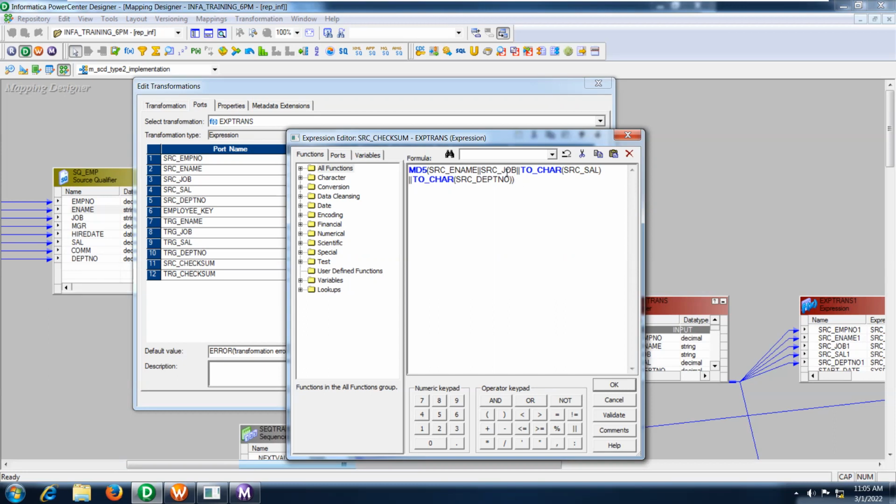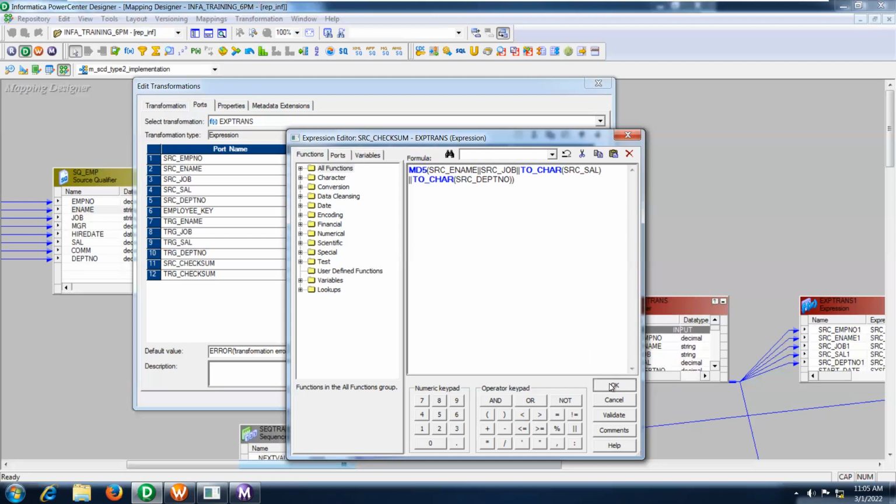Maybe the job is different, or the salary, or the department. You can combine multiple columns here by adding the concatenate sign, and compare with SRC checksum. SRC checksum is nothing but the sum of the values coming from the source. TRG checksum is what you are comparing with the data available in the target table.